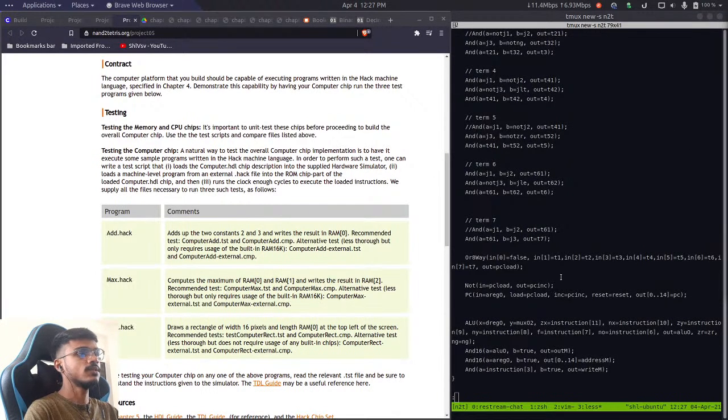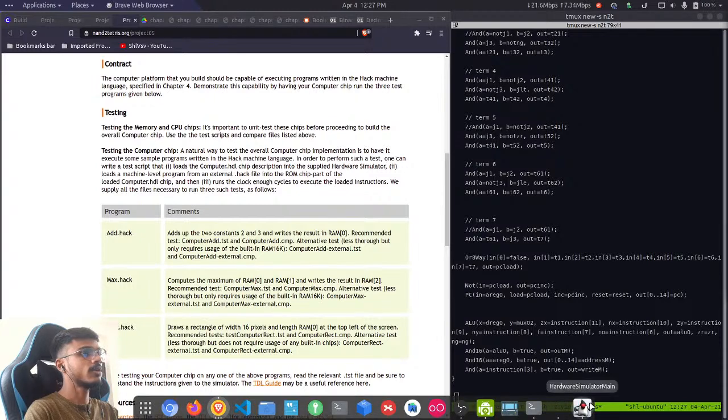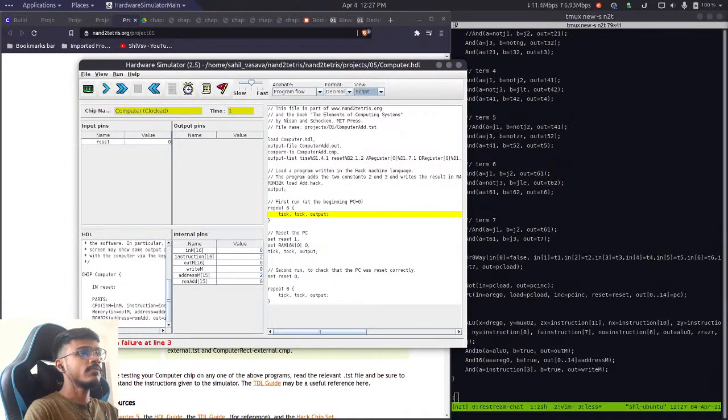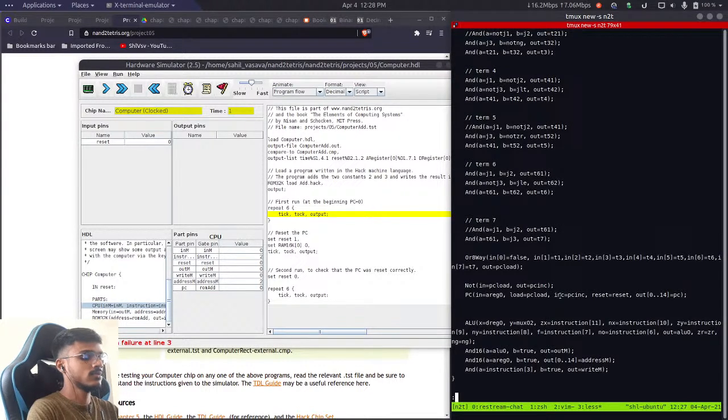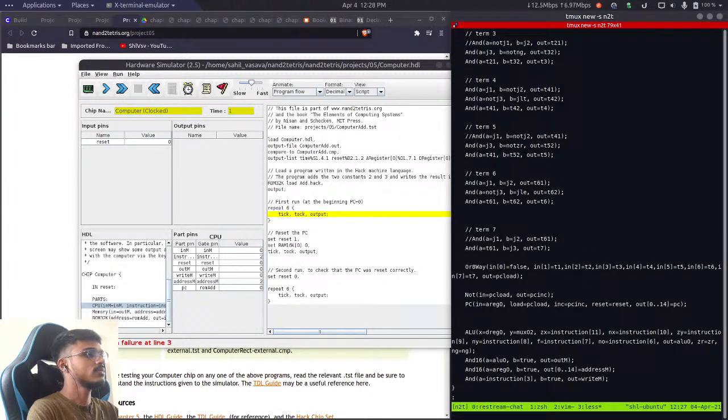So I must see there's a problem with the program counter. But that can't be a problem because these are coming from the built-in chips. The CPU and memories are from the built-in chips. So the only problem is that we might be passing incorrect inputs to the CPU. So let me retrace it. So the jump bits or the incrementer of the